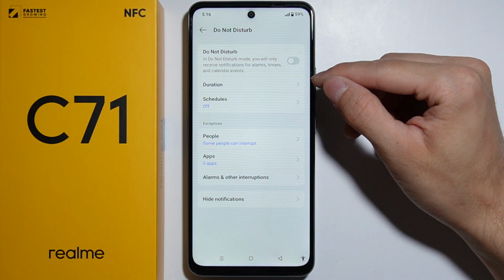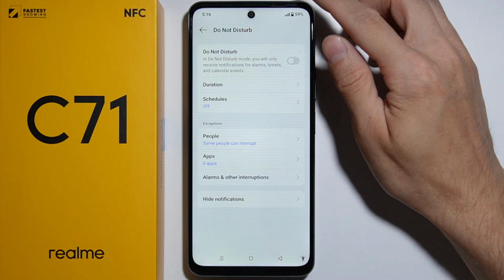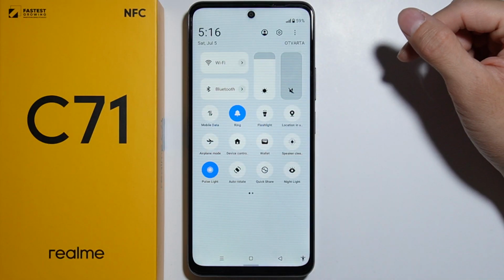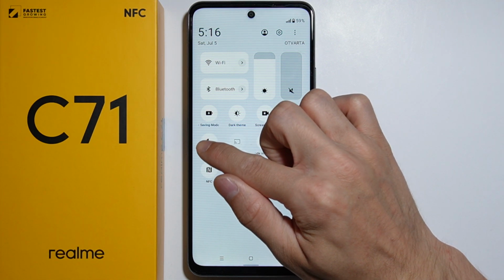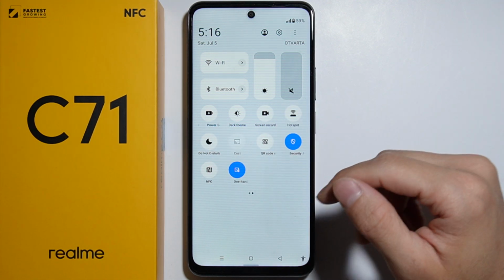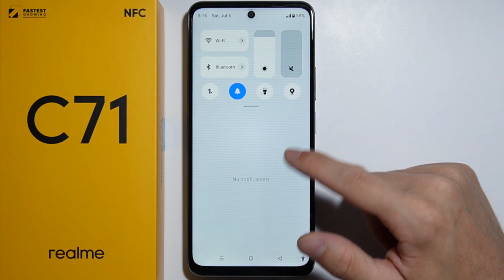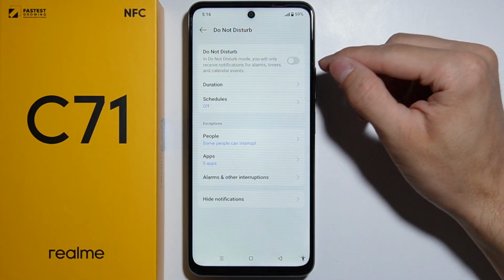So you can simply turn on Do Not Disturb mode with this switch right here, or you can also go to the quick settings, and right here you will be able to find the switch for Do Not Disturb. It is available right here. So with this one you can toggle the Do Not Disturb mode,